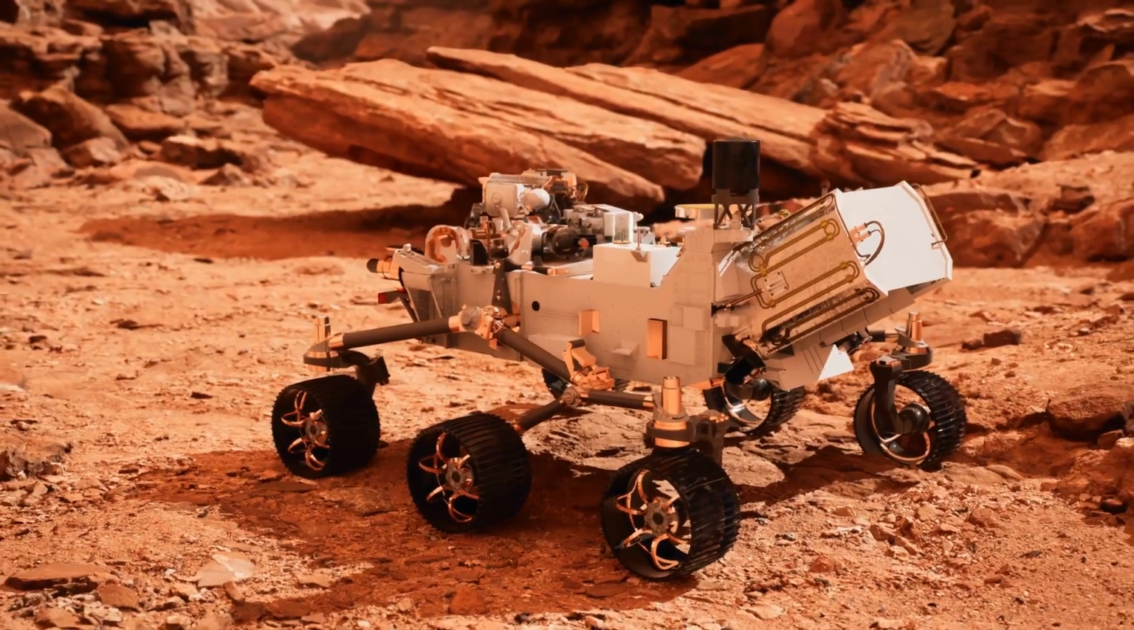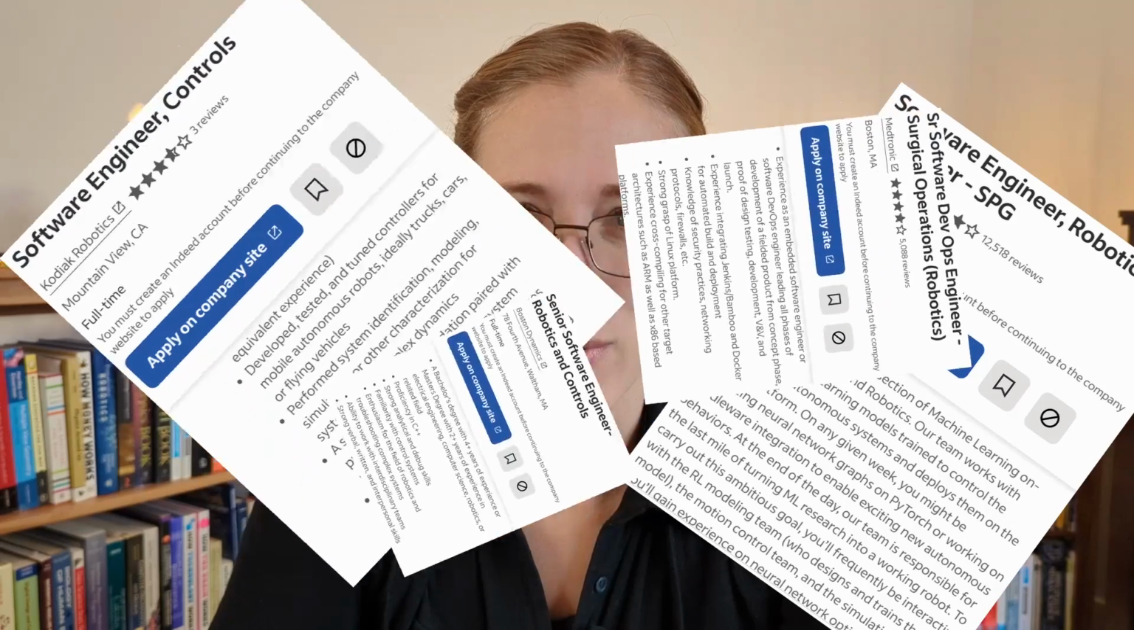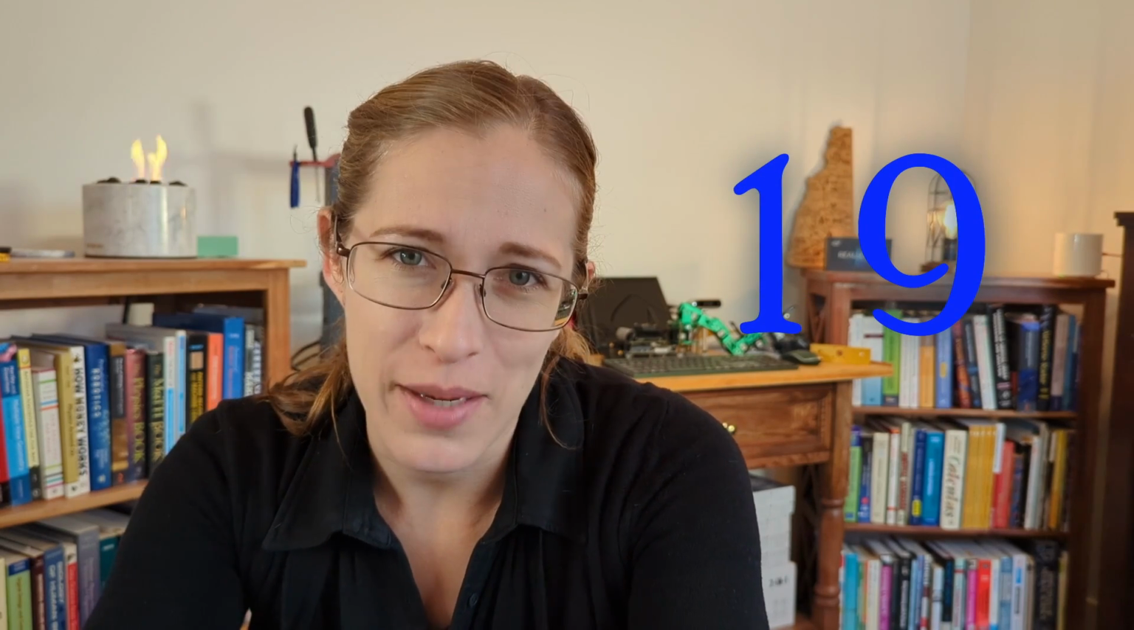So you want to become a robotic software engineer because robots are cool and software is cool. But there's so many jobs out there with so many qualifications. How can you possibly be good enough at everything to be able to get the job by the time you want? So I broke it down into 19 different types of robotic software engineers that each have their own category